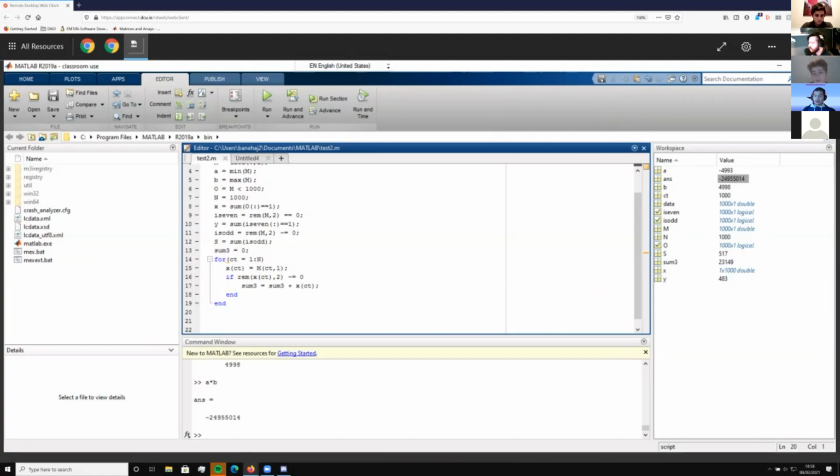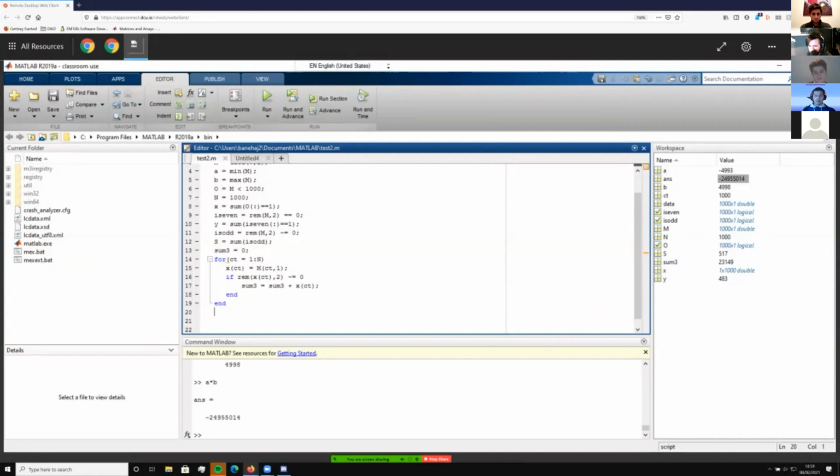Let's see. So yeah, min and max are just some of the regular mathematical operators that are loaded into Matlab. The get started guide I'll share later has a list of all of the commands and what they do on their website for free. If you're using App Connect, you can load a new tab in this Chrome up here with the get started guide and swap between them, or load it on your phone and have it as a book that you can read through while you're doing it on your laptop.